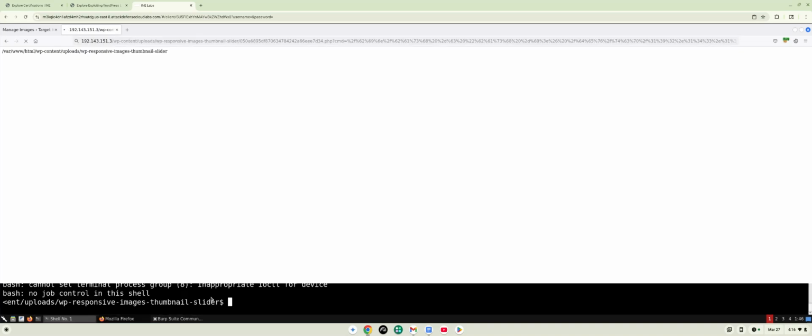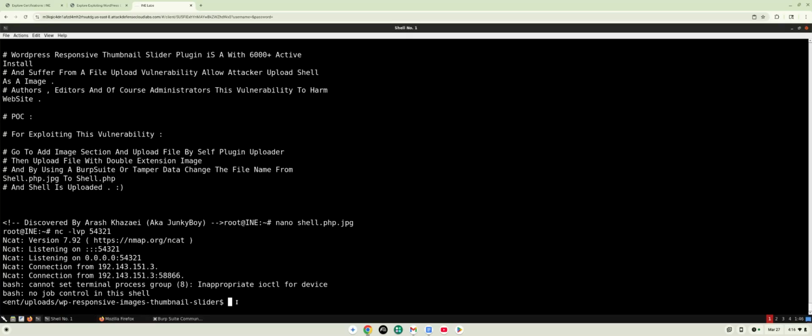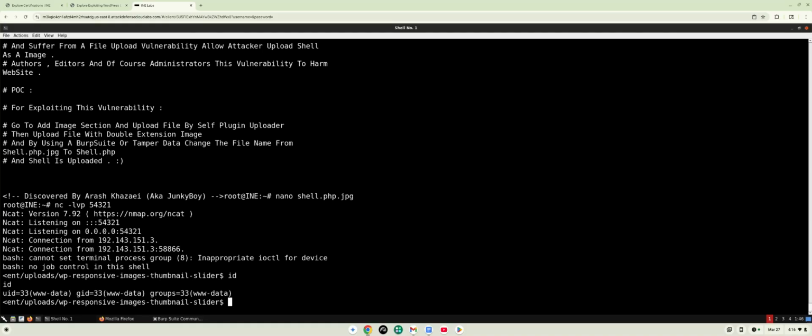All right, so nothing appears to happen here, but let's check the command line. All right, and then bam, it looks like I have my bash shell. All right, so let's try to run a couple commands here just to verify. So I'm going to say id. All right, so we can see just like when I ran it from the URL on the WordPress admin panel,